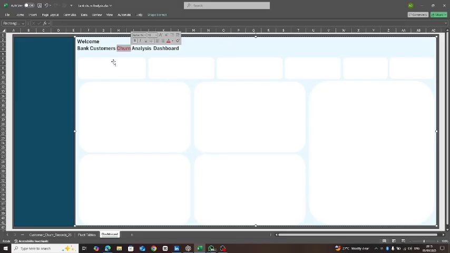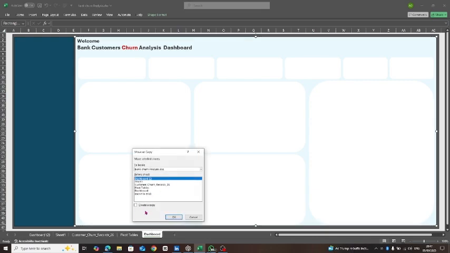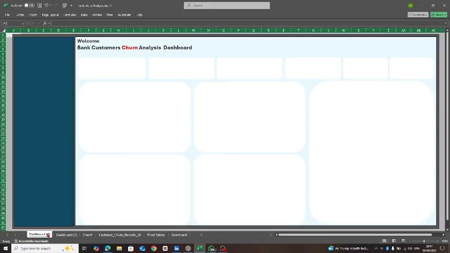Why? Because churn actually means people leaving, like you're losing customers. That's basically what churn is all about. This particular analysis is about the bank analyzing why customers leave, why they lose customers. That's why I gave churn a red color. It's a danger to the firm. Customers are leaving the bank. Why? That's basically what this analysis is all about.